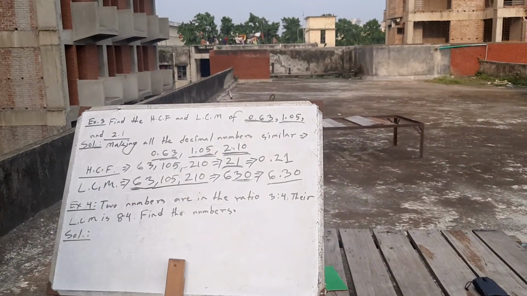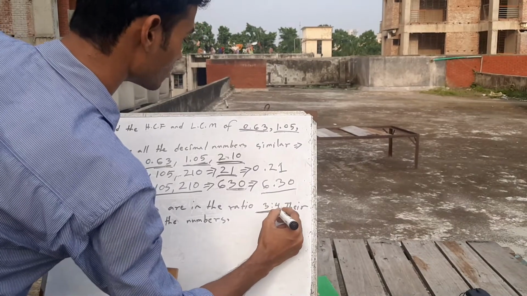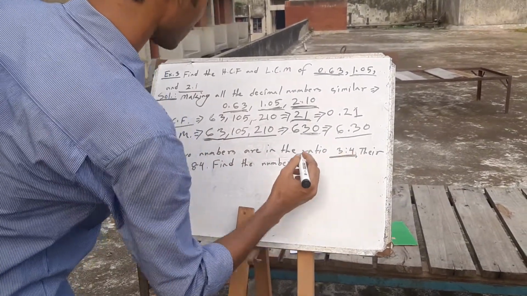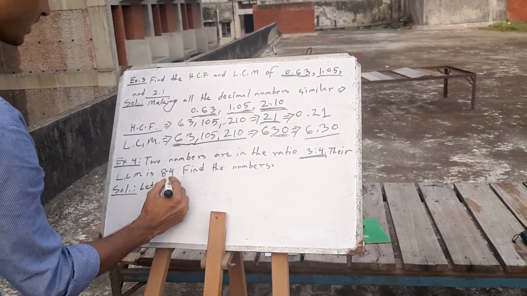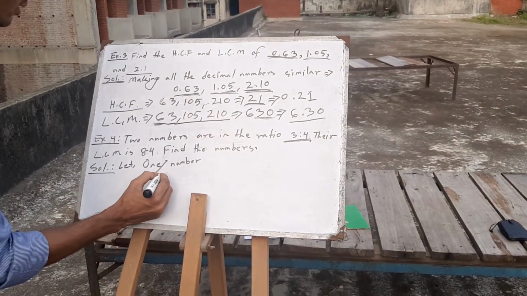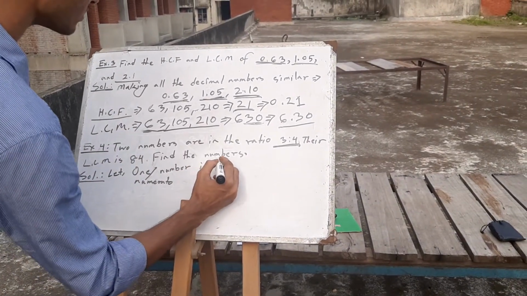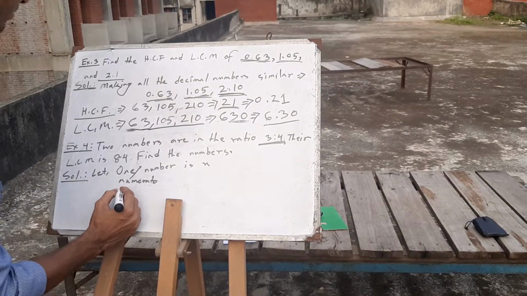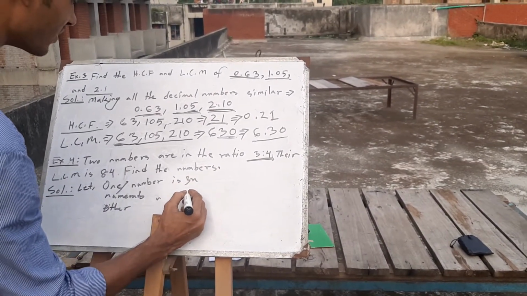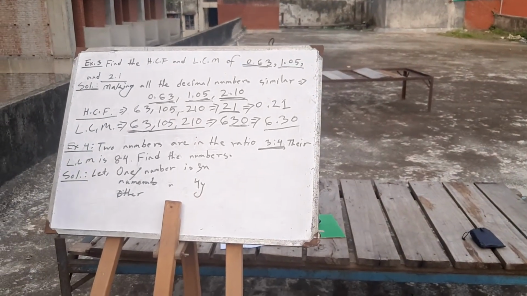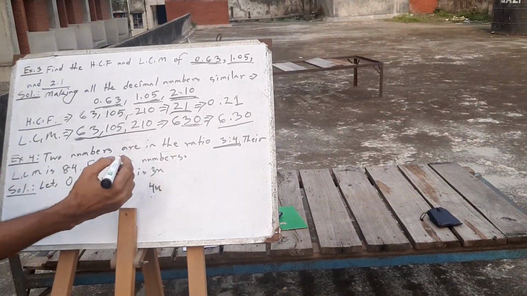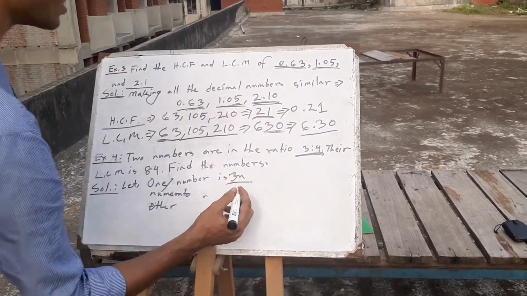To solve this question, we have to consider first the ratio, and then let us suppose our first number, or numerator, whatever you may call it, is 3x, and the other number 4x. Sorry for the inconvenience. Suppose our two numbers are 3x and 4x,